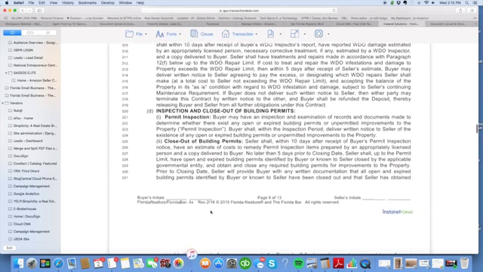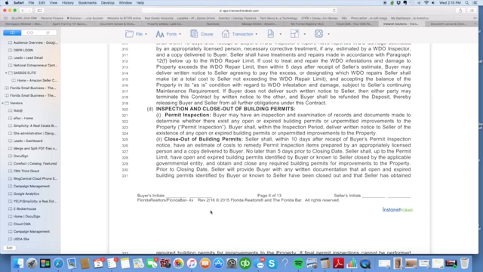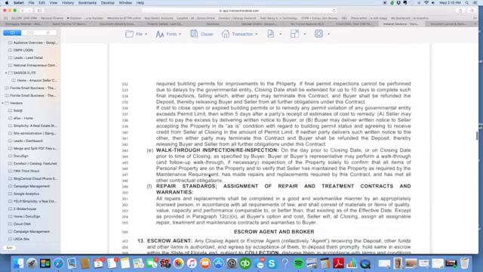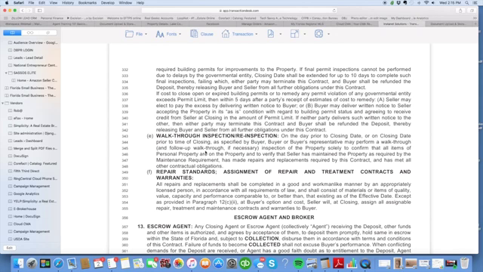This is just stating that the seller needs to have all this closed out and taken care of if they have any outstanding permits prior to closing. Walkthrough inspection. This is your buyer's right to do a final walkthrough. You typically do your final walkthrough either 24 hours before closing or day of closing. A lot of times buyers want to do the final walkthrough in the morning right before they go to the closing. What the final walkthrough is for is